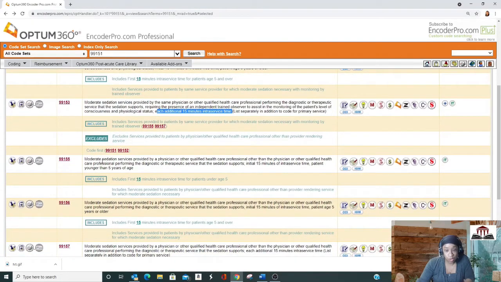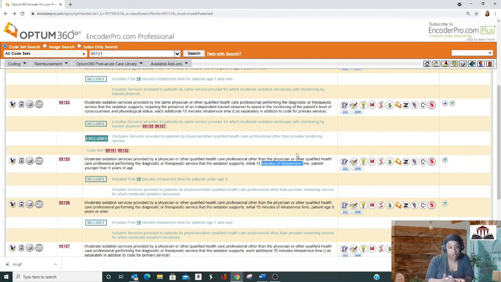You'll find that the second set of codes follows the same rules. We need to know the role of the provider, we need to know the patient age, and we need to know the intra-service time on it. It doesn't say time, it says intra-service time. Providers sometimes believe that their time starts when they do, and that may be fine from a time clock payroll perspective, but it's not the coding intention of these codes.